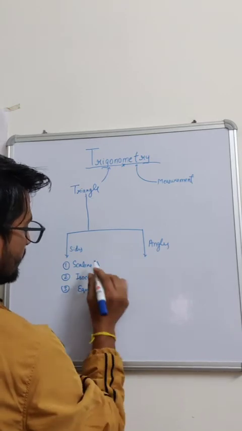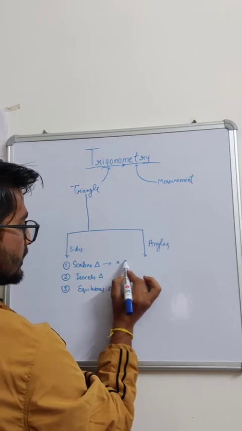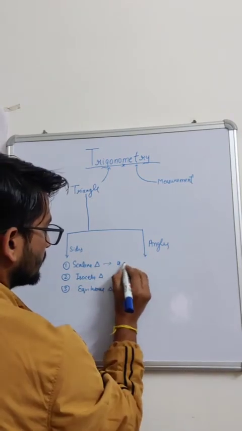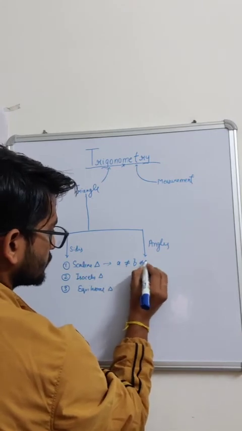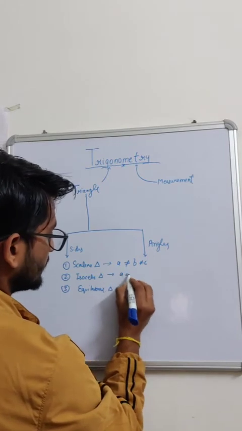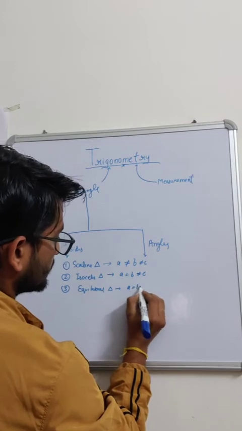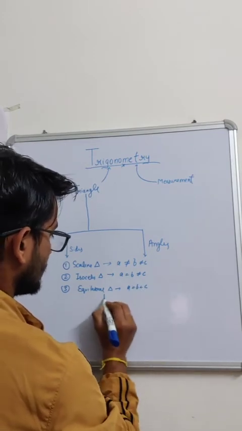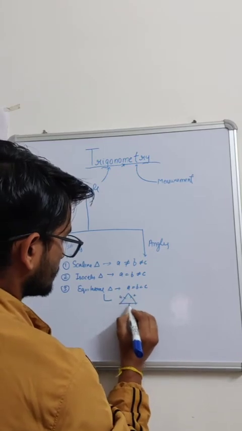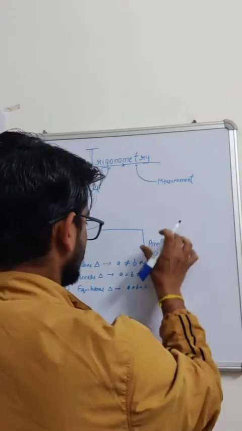Scalene triangle is a triangle having all three sides a, b and c such that a is not equal to b, which is not equal to c. All the side lengths are different. In an isosceles triangle, two side lengths are the same, but the third one is different. In this equilateral triangle, all the sides are the same. This is the example. Suppose these are all the same length. Okay, so on the basis of angles,